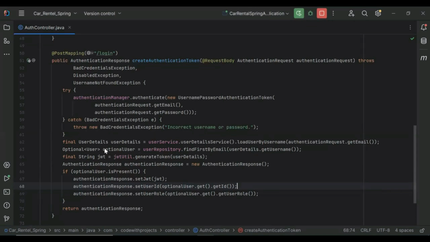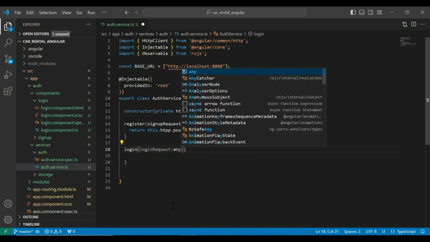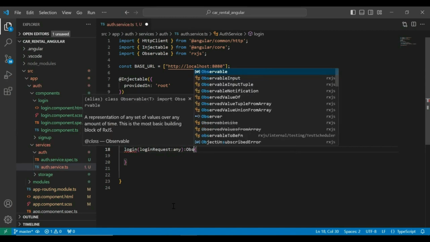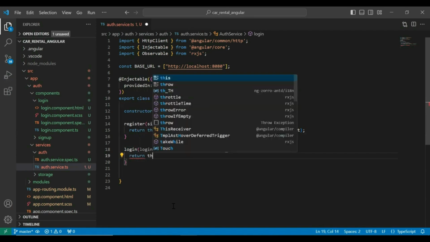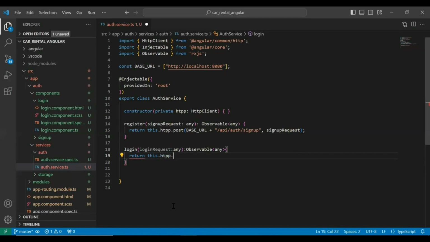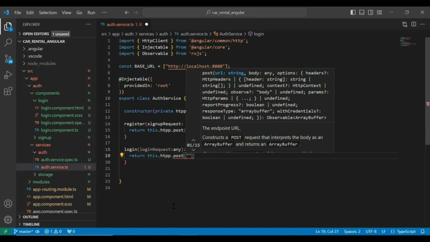Let's go to our auth service, and here I'm going to create a new method. The method name is login, and in the argument it will receive a loginRequest that is of type any, and here I'm going to add Observable. It will return this.http.post, and here we need to pass the URL of our backend application.